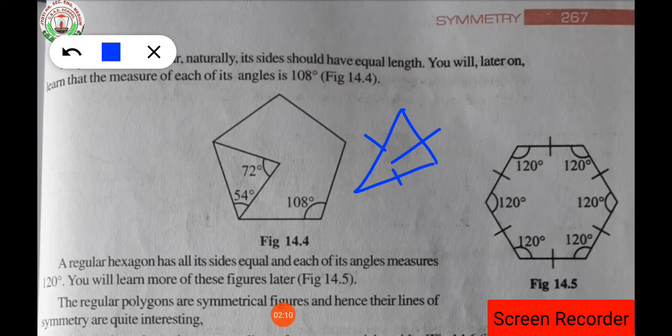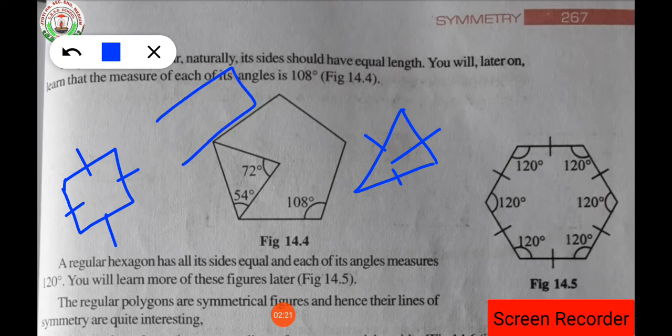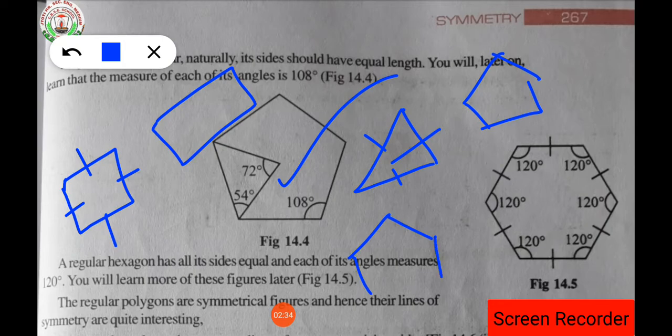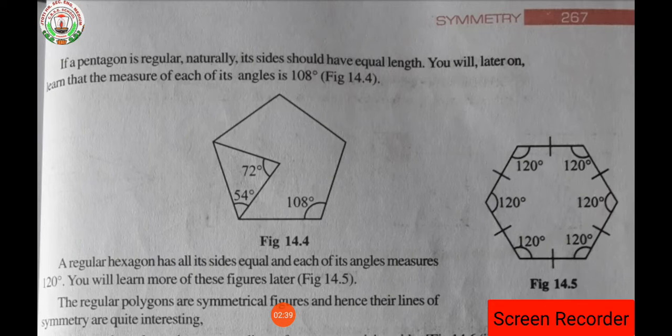So it is called a triangle. Now if we are talking about a square, of course it is a polygon with four sided line segments and four vertices. If we are talking about the rectangle, it is also a polygon. If we are talking about five sides, then it will be a pentagon, as we have the figure here. Now if we are talking about hexagon, how many sides does it have? 6 sides. The 6-sided polygon is said to be a hexagon. A 7-sided polygon means it has 7 sides. So let's see some more examples related to the chapter symmetry.